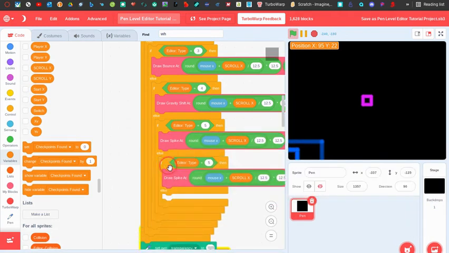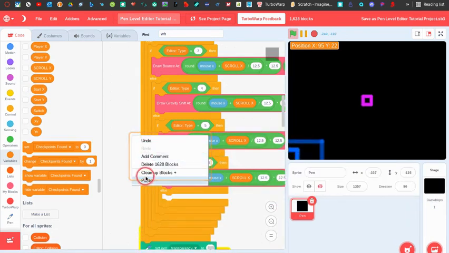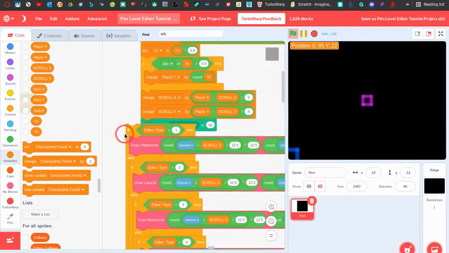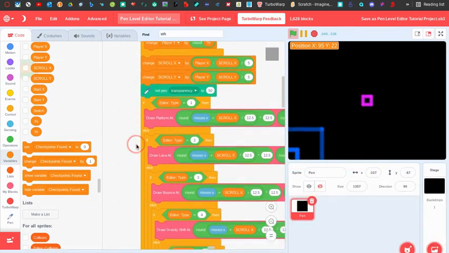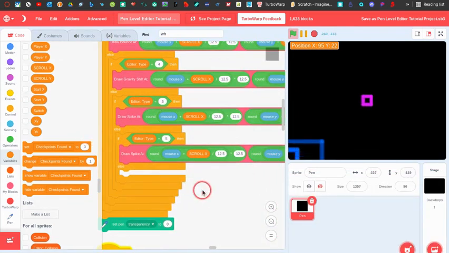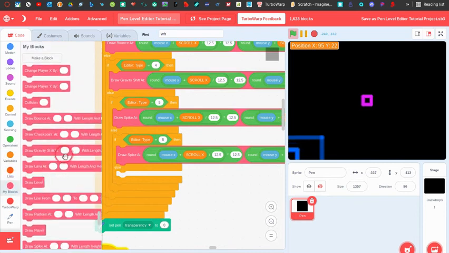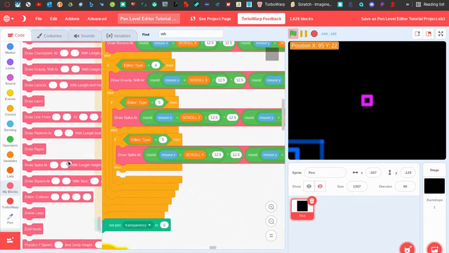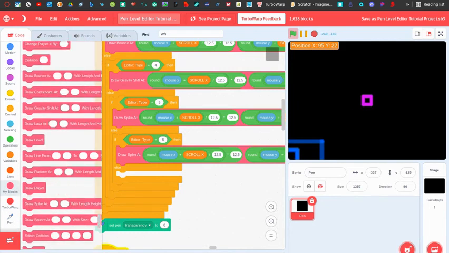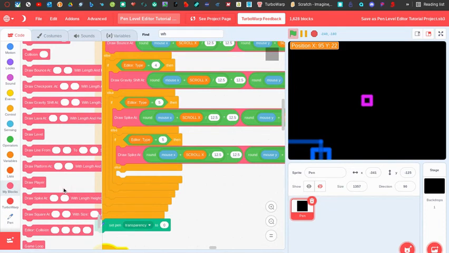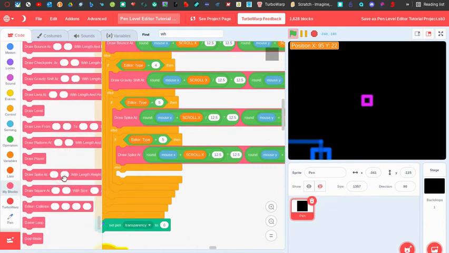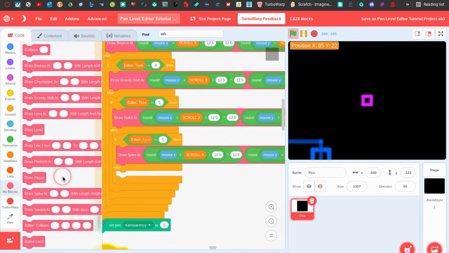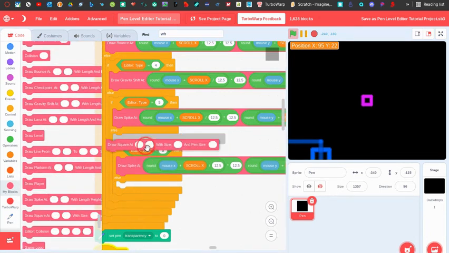We'll say this, we can say whoops, put this in here. Okay, so then we can just say draw, and I don't actually know what we should do for this. Let's just say, is there just like a draw rectangle at block that we had? Okay, so I guess, oh yeah, we can just draw a square at,